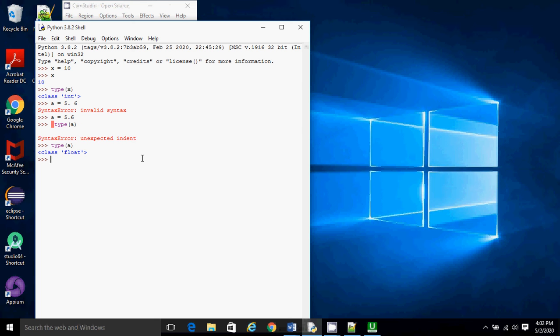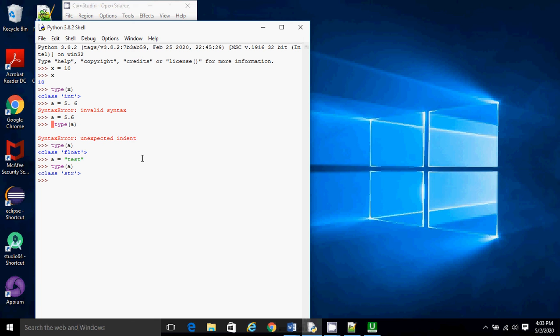So you saw that the Python interpreter is implicitly defining the data type for the variable. Now if you want to take an example for string, with the same variable we'll take a = 'test', and if you see the type of a now, it's str. So now it's pretty much clear how the Python interpreter takes care of the data type.